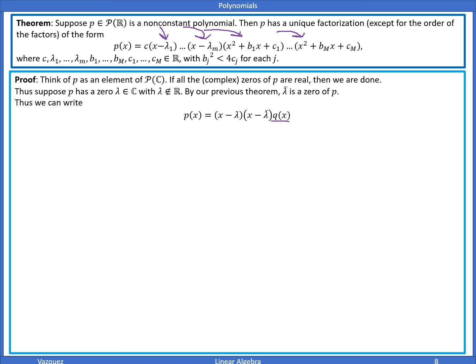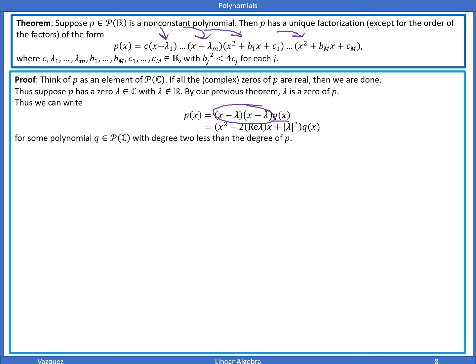And again, we always have that q of x multiplied gives us p of x. And this here, if you want to verify using some simple algebra, you can get that it's equal to this underlined part. And again, for polynomial q with degree 2 less than the degree of p,